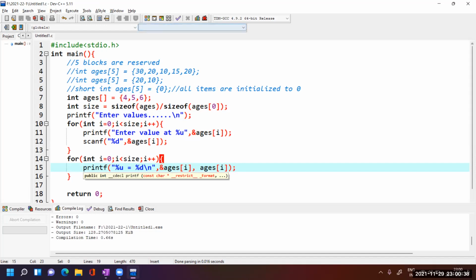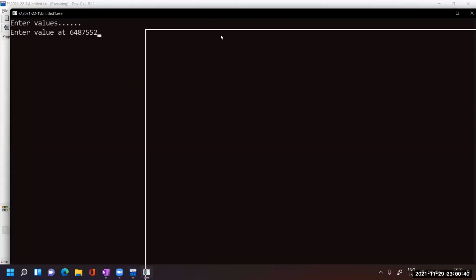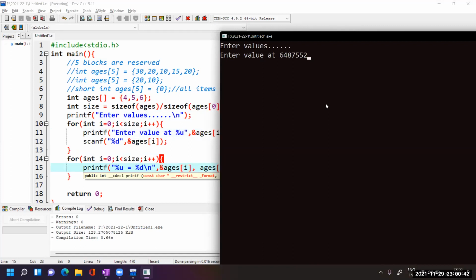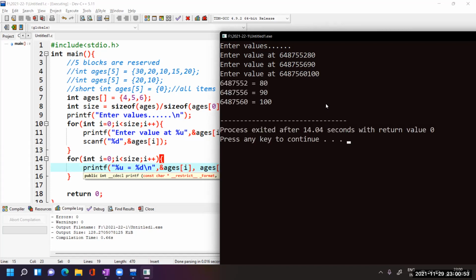No error, run this. Now see, it is waiting for values at this particular address. I'm entering values here: 80, next 90, next 100.